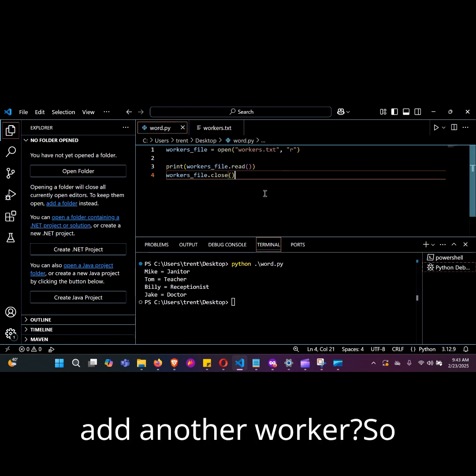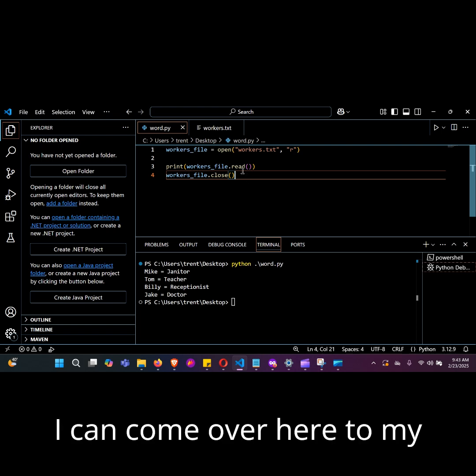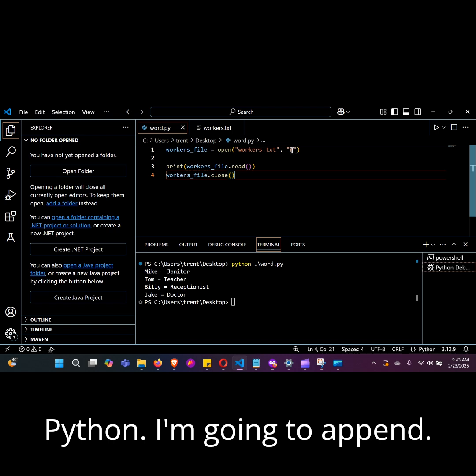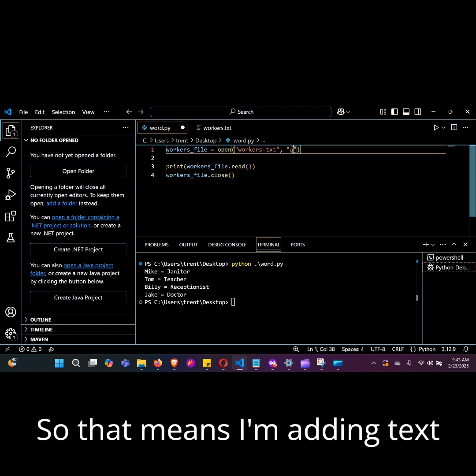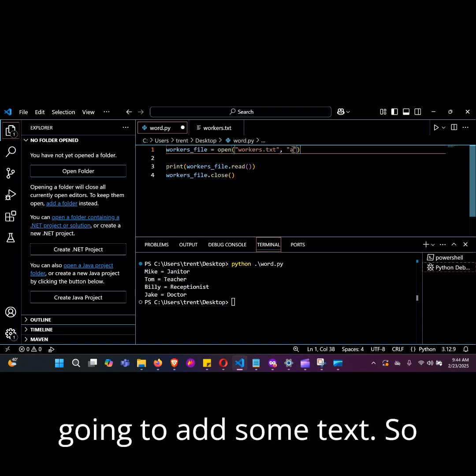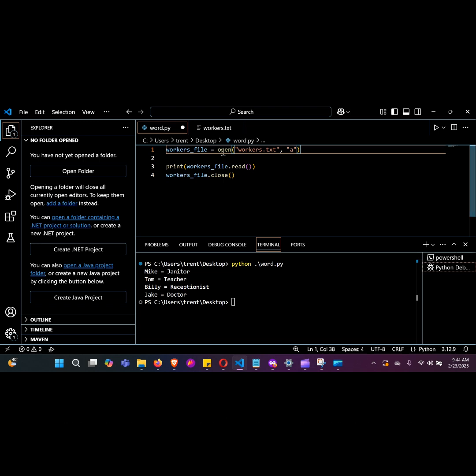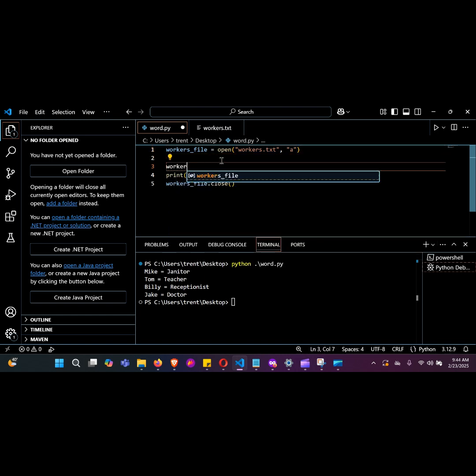What if I want to add another worker? So I can come over here to my Python. I want to append. That means I'm adding text to the end of the file. I'm going to add some text. So what I'm going to do, I'm going to say